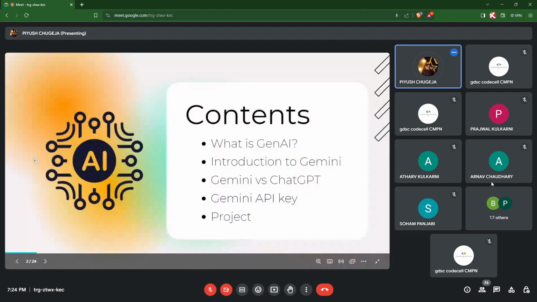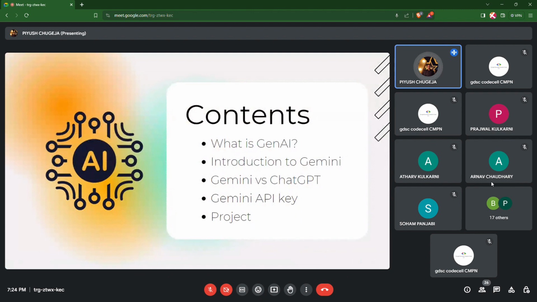Over the course of today's session, we'll go through what generative AI is. We'll understand what Gemini is. We'll understand the basic difference between the building blocks of Gemini and ChatGPT. And we'll also move on to building a hands-on project.